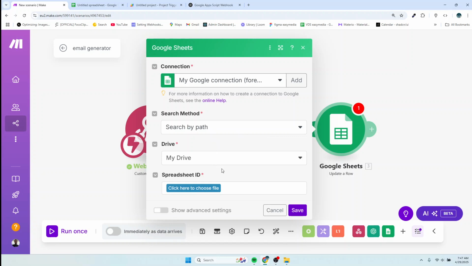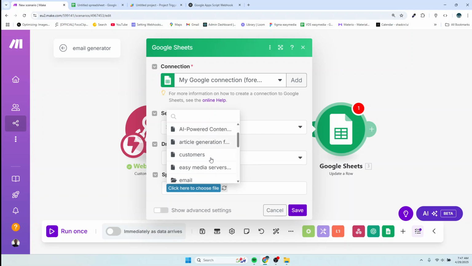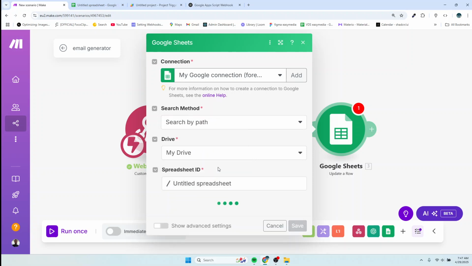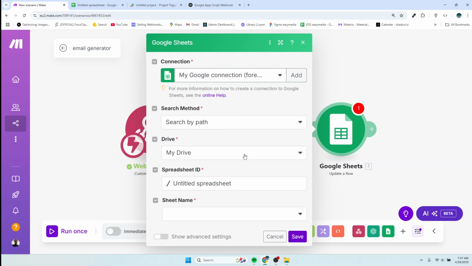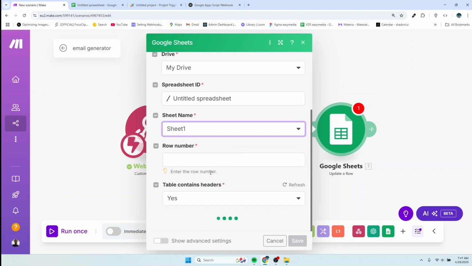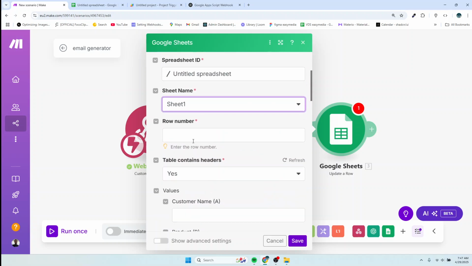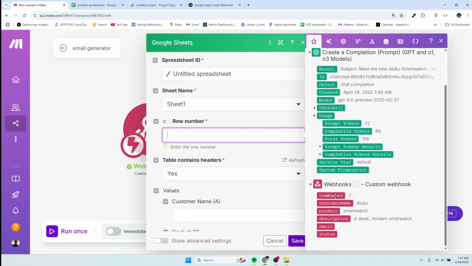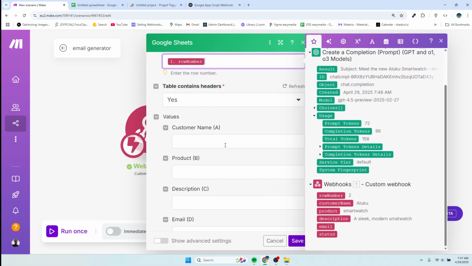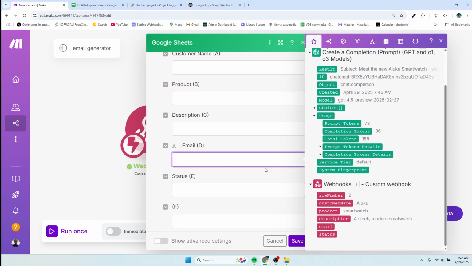You're supposed to have a connection, so make sure you do that. Then I select the file, which is, I don't know the name I gave it. It's untitled. Okay, so it's untitled spreadsheet. I needed to rename it. So the sheet name is just one because I have one sheet. Then the row number is this row number. And the part that I want to update is the email, which is this result from ChatGPT. Then I save